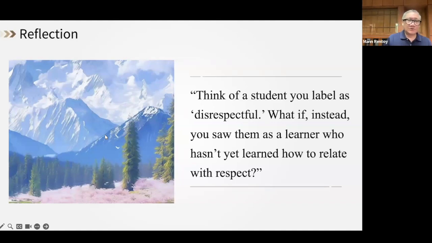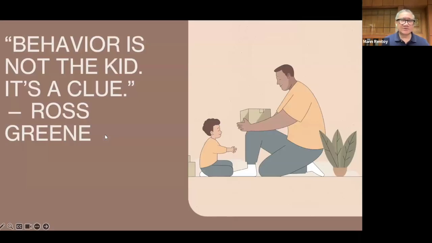So, to close, I want us to reflect on this quotation and maybe to make resolutions on how, therefore, we should face the circumstances, situations of disrespect inside our classroom. Behavior is not the kid, it's a clue. Okay. And teachers can experience this. They can develop certain biases against some students, not necessarily having favorites and those that they do not like,